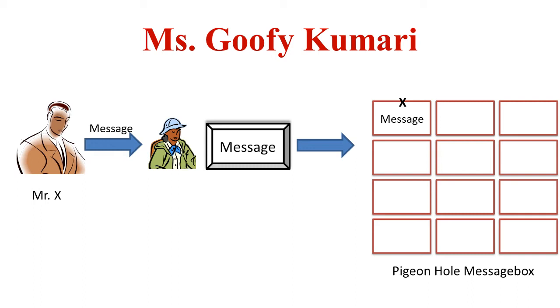Now, while labeling it, the reason being that she should be able to recall that this message she has saved, she received it from Mr. X. So that in future, if someone asks about the message from Mr. X, she should be able to read it out, she should be able to retrieve it, right?